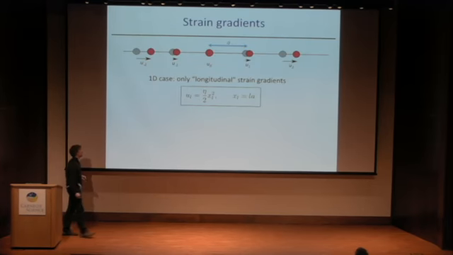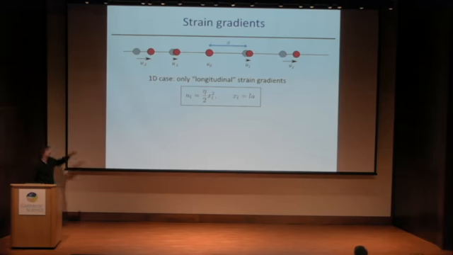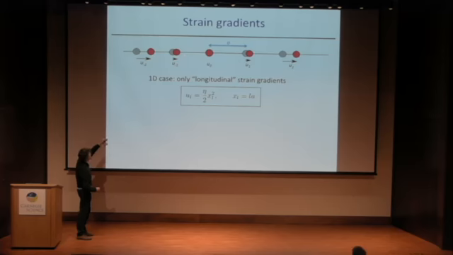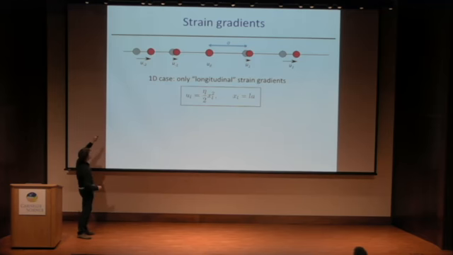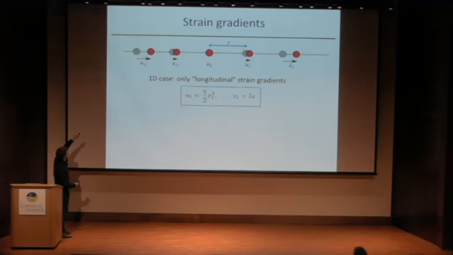So let me start with the strain gradients. The simplest case you can think of for a strain gradient is a one-dimensional rail where you have essentially only one displacement direction. And so we have only one component of the strain gradient, which is essentially a quadratic pattern where the atoms displace from their equilibrium position as x squared. And this produces a linear increase in the lattice parameter along the only direction we have.